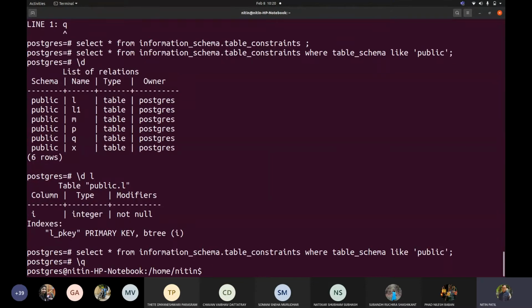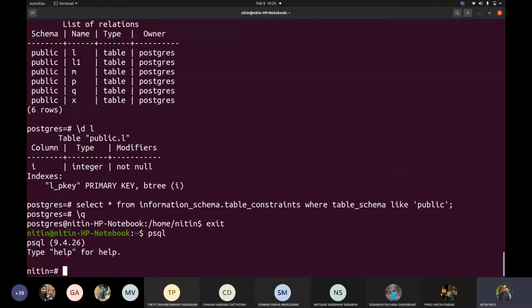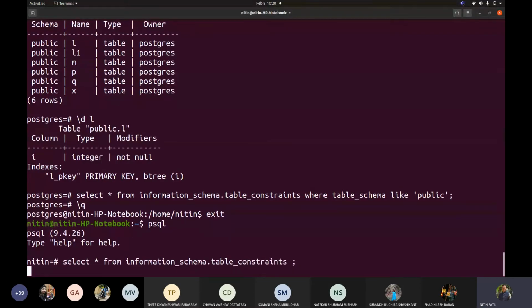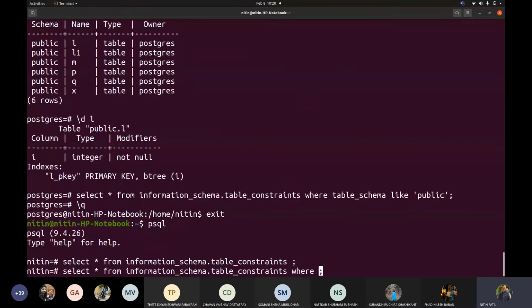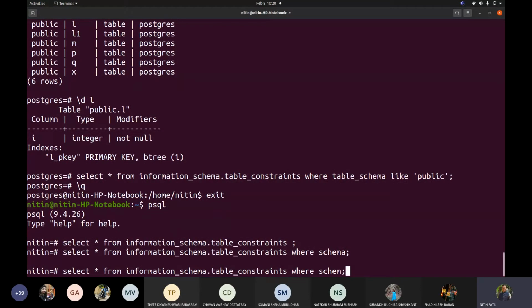Now if I go back to my database and if I try now select star from information schema table constraints. Now let us again add that where table schema like public.